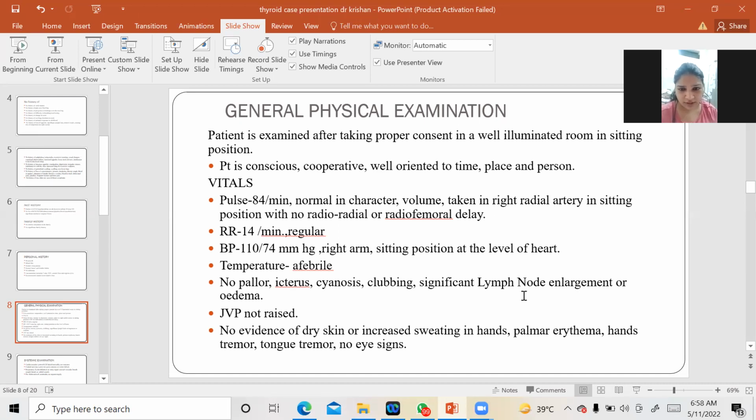There is one more important point. Whenever we come across any malignancy, mostly we see a 2A or 2B lymph node enlargement, or level 2, level 3 group, or level 4 enlargement. But in case of thyroid, it is very important to note that